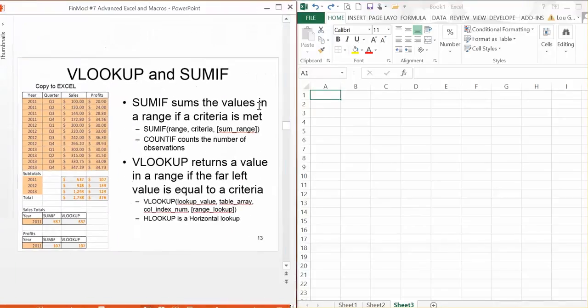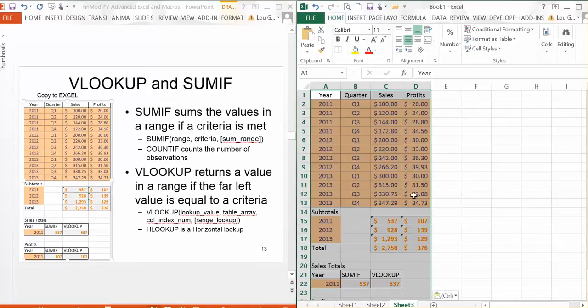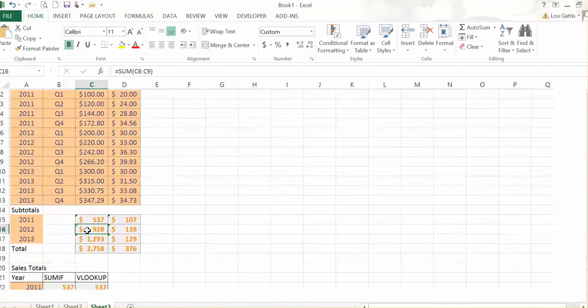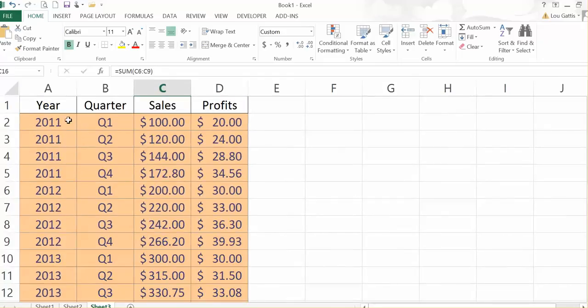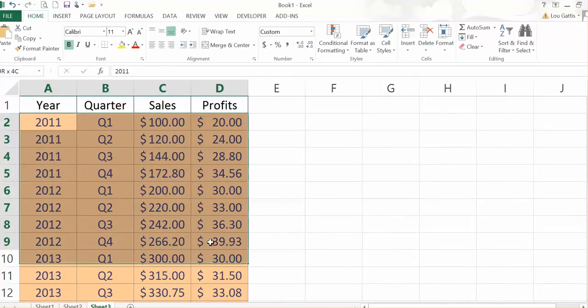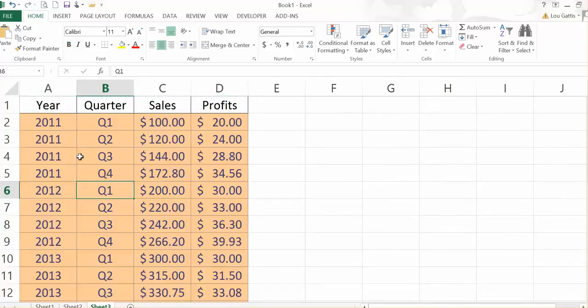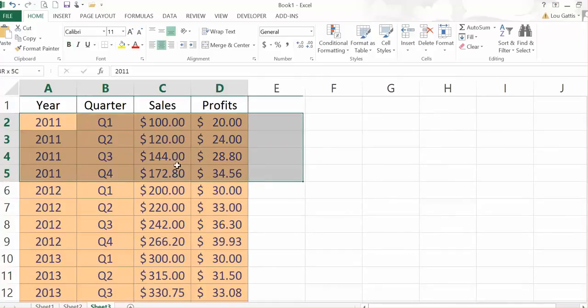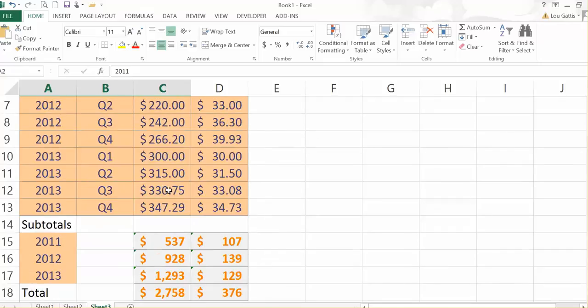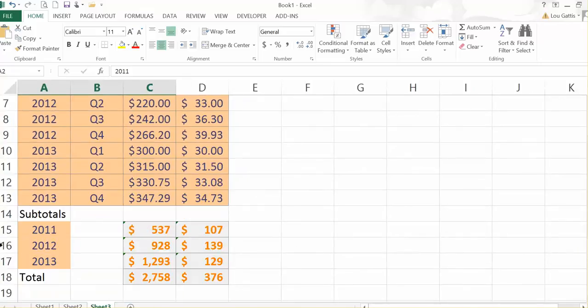and copy, you'll see that I have sales by year, by quarter, and also have profits. So say you wanted to summarize what were the sales in a particular quarter or a particular year or profits. Here are a couple tricks. One is,